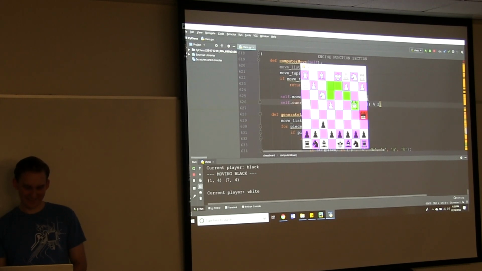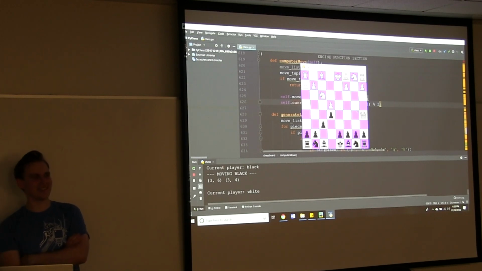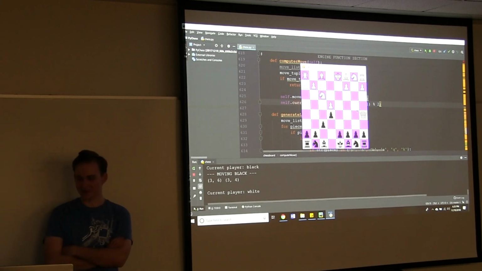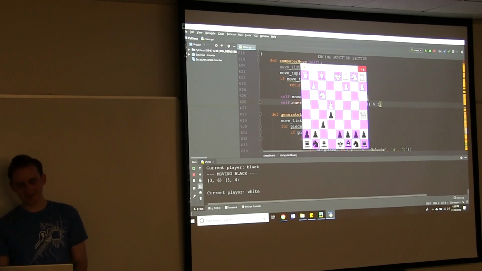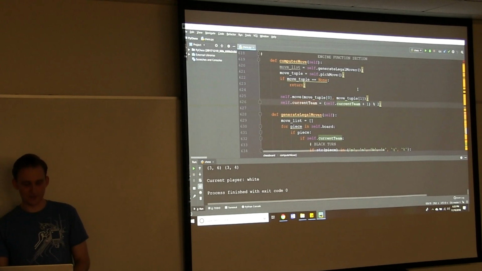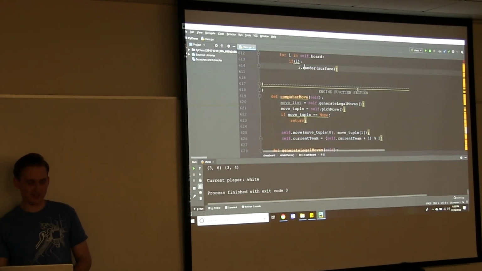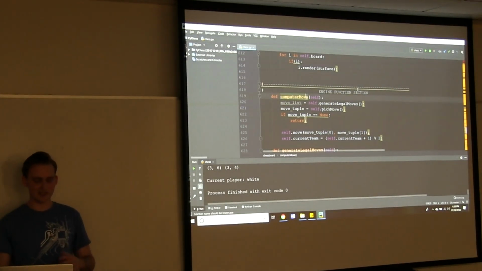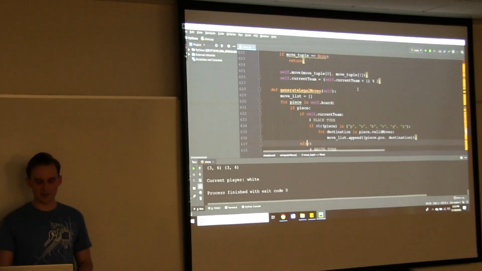But anyway, our agent is not playing very logically right now, and while it's entertaining, it would be nice if we could imbue it with a bit of intelligence. So the first step is making sensible moves. First of all, make sure you're in the engine function section, because the rest of it is just general chess logic. The bulk of the work has been done for us here.